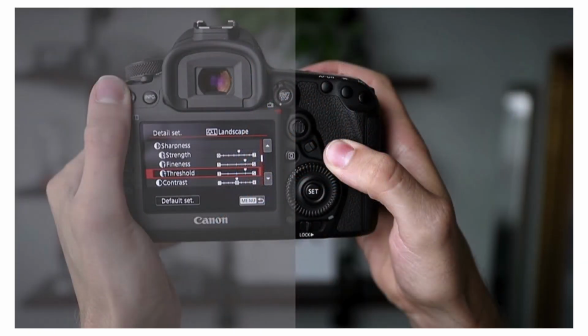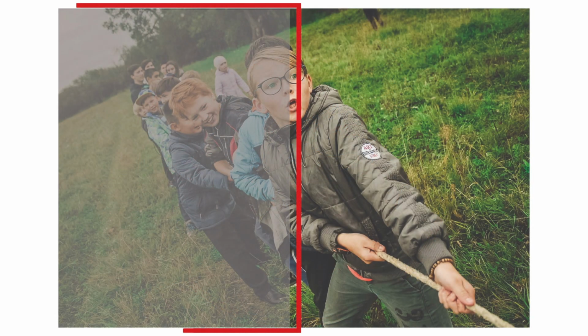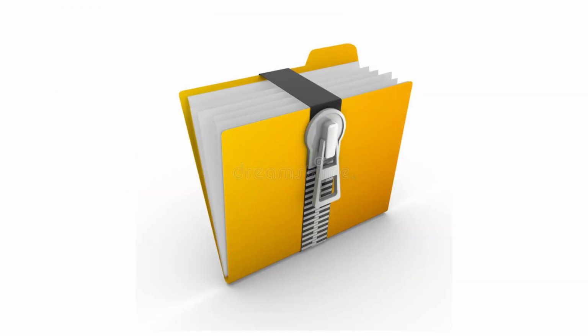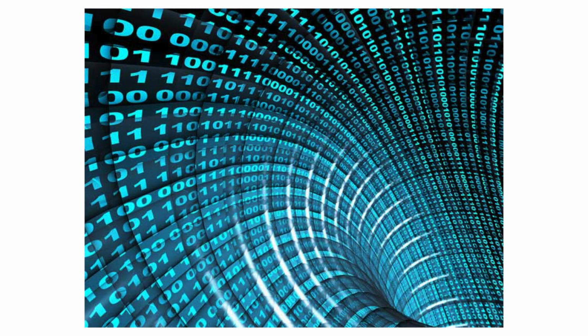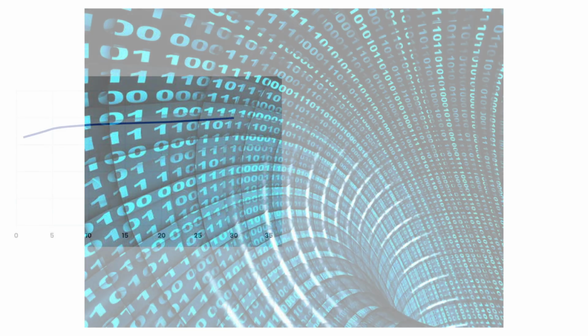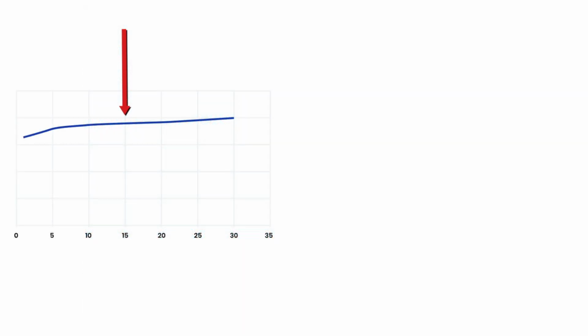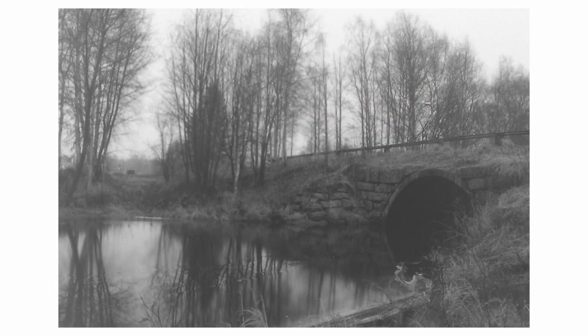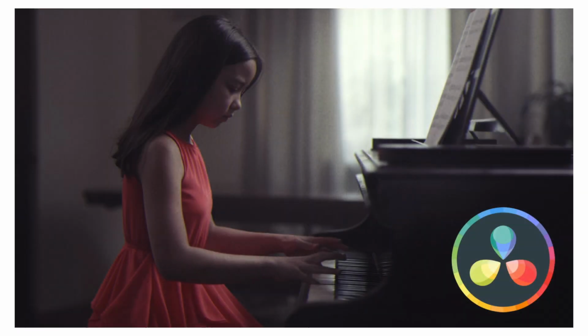There are some misconceptions about log profiles, the most common of which is that they are the same as raw image files. This is not true. Log is more like a very flat color style applied to the video file. Like a JPEG, the file is still compressed, it still has data baked into it. However, that data will be a very flat tone curve and have low saturation added to the colors. This leads to a very flat, almost raw-like file that requires work in post-production but gives more leeway for manipulation.